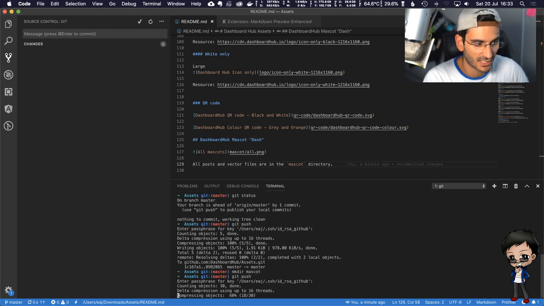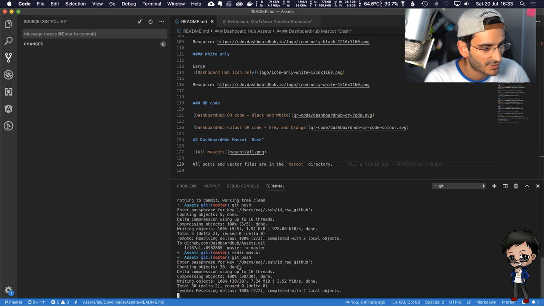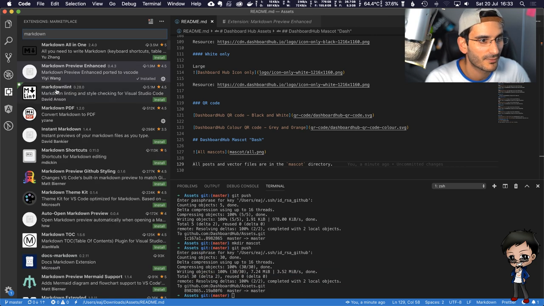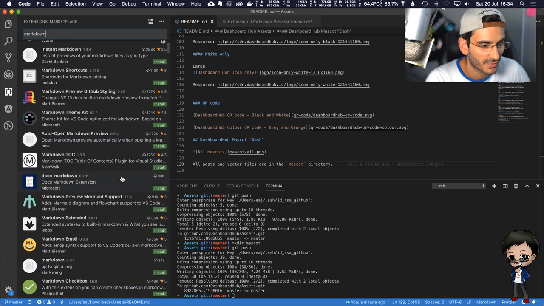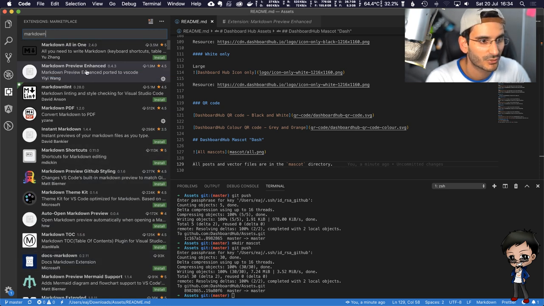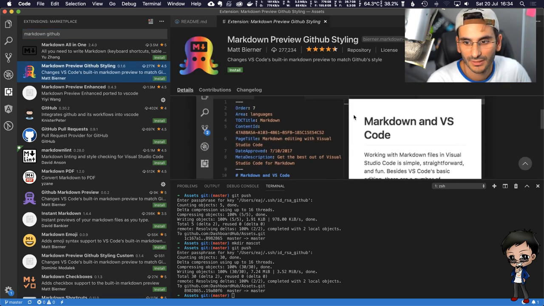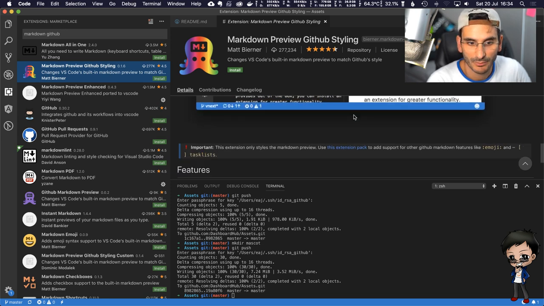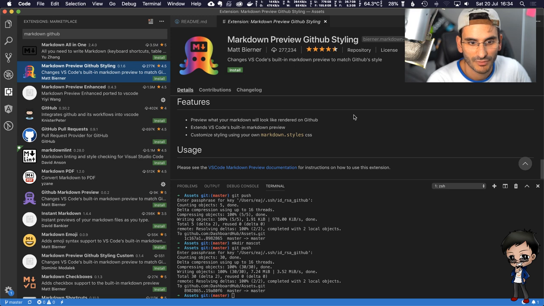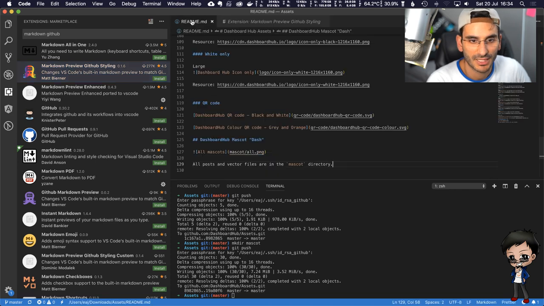And then, I use the GitHub styling one. Oh, there was another one. Did I click on the wrong one? The GitHub styling one. I installed this one. I don't see the GitHub styling one. Markdown GitHub. Oh, this one. Got you. Yeah, I probably want it to look the way it would look on GitHub. Rendered on GitHub, extend built-in preview. Okay, I'll leave that open and have a look in a second.